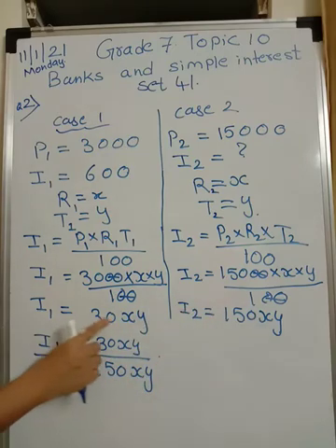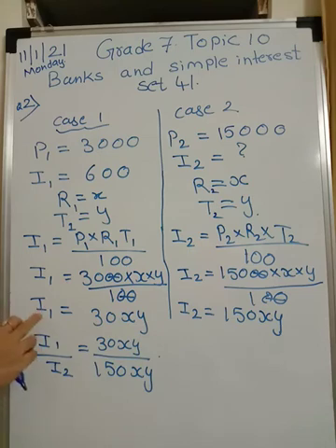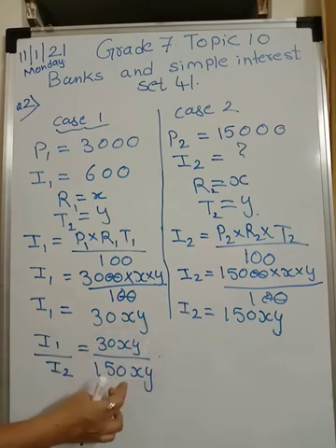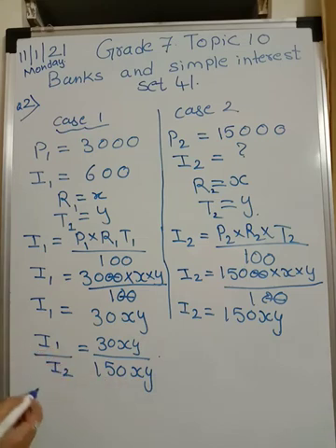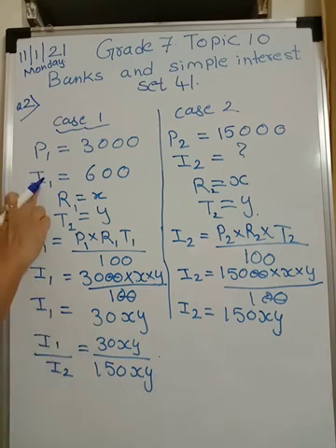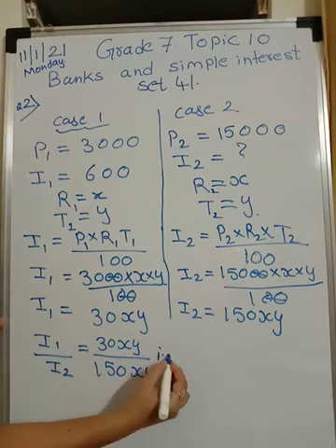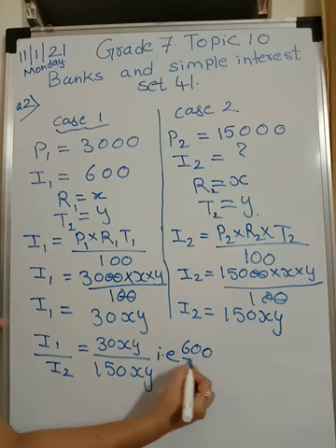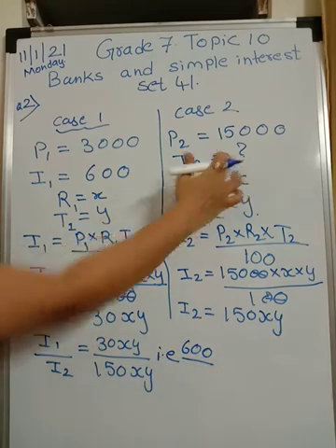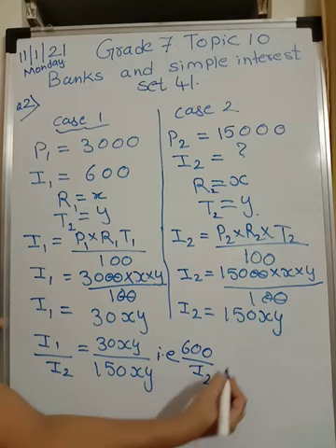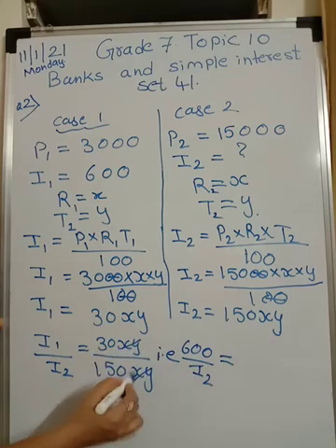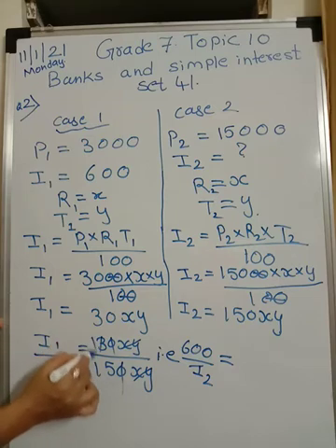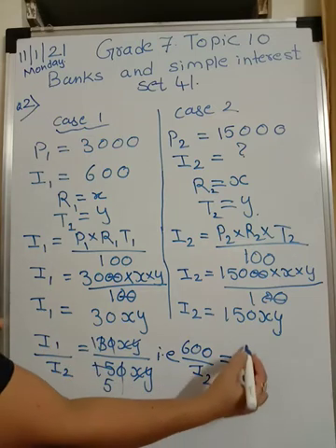Here you got I1 is equal to 30xy. Now I am taking I1 upon I2, so that is 30xy upon 150xy. Now what is I1? Substitute. Therefore, now I am erasing this. What is I1? I1 is 600. So you have 600 upon I2, which we have to find out. I am writing I2 only. This will be equal to, see, xy will get cut off, 1 zero will cut off. Here 3 ones are and 3 5s are. So this is equal to 1 upon 5.